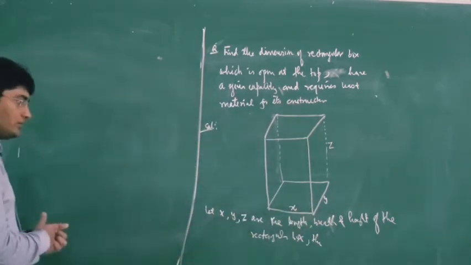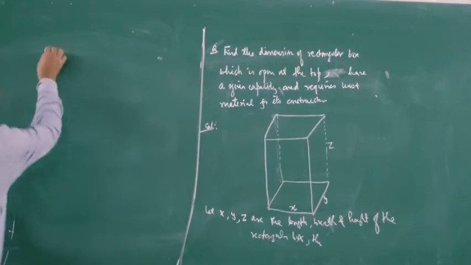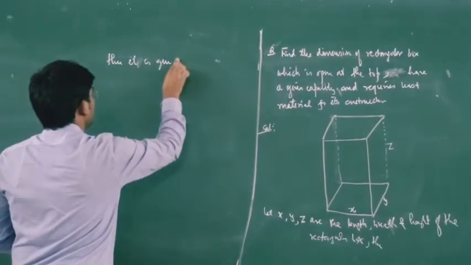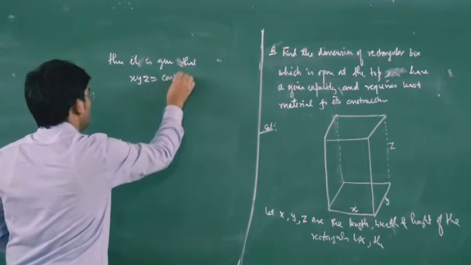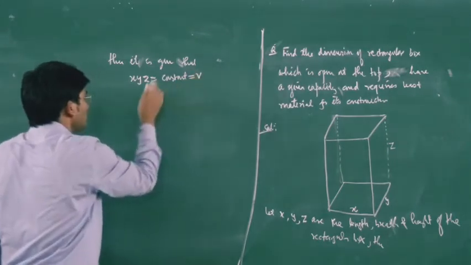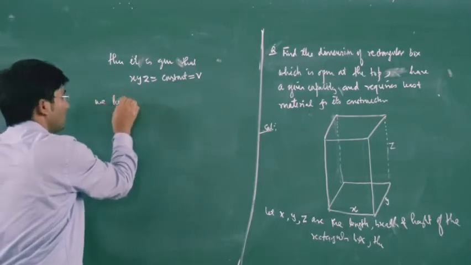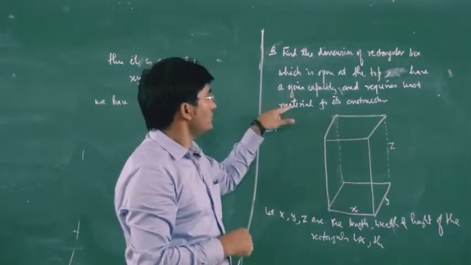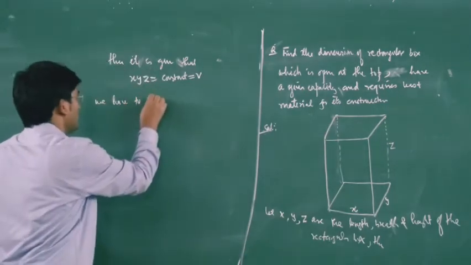Now if x, y, z are the length, breadth and height of the rectangular box, then it is given that it has a given capacity. That means the volume of the rectangular box is constant, say b. So it is given. Now we have to maximize or minimize. We have to find out the dimensions of a rectangular box for which we need the least material. So that means we have to minimize